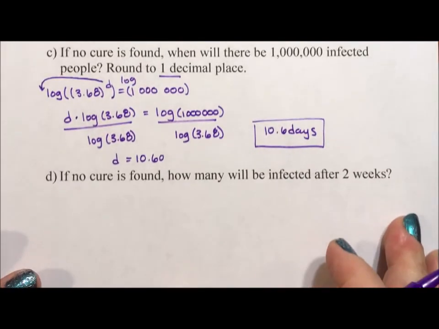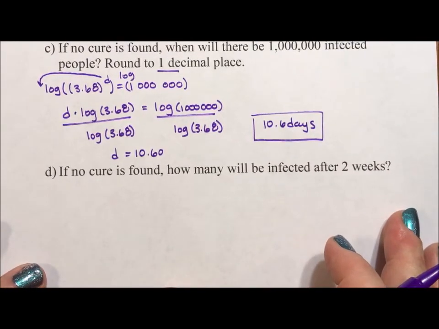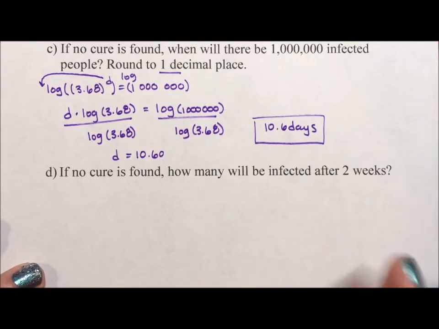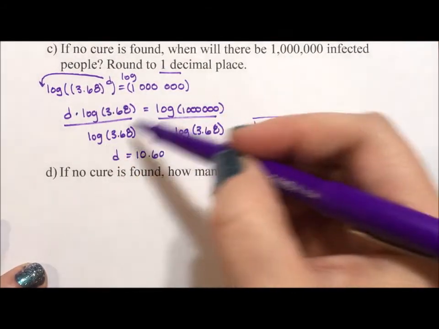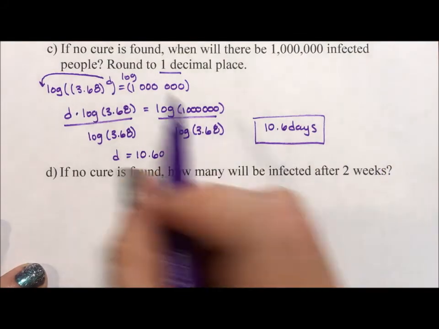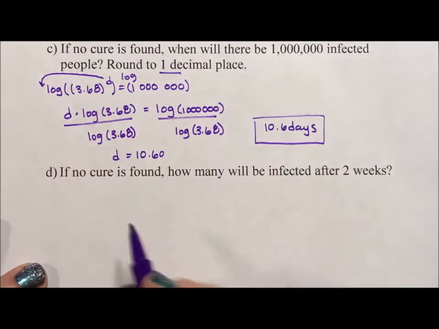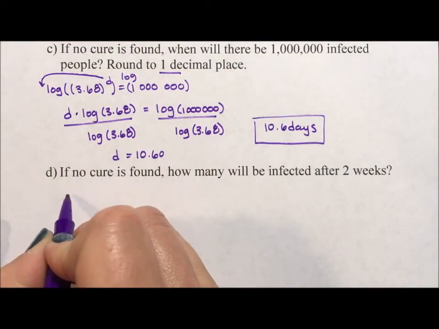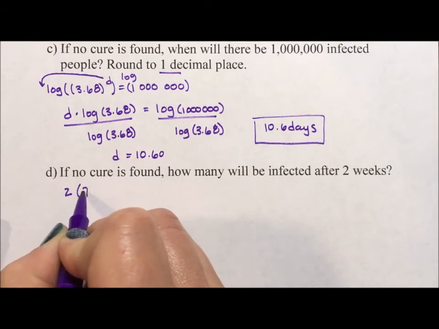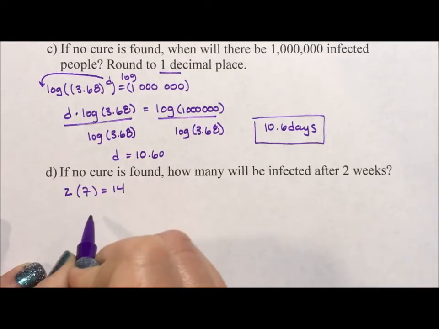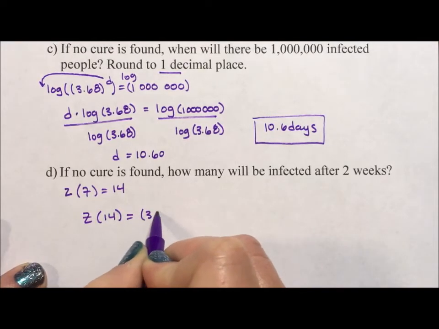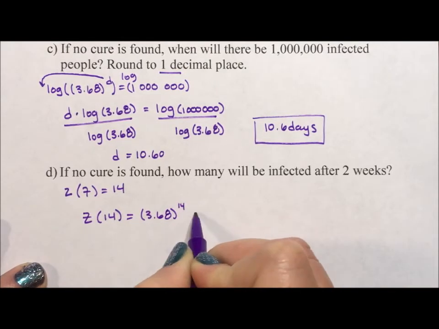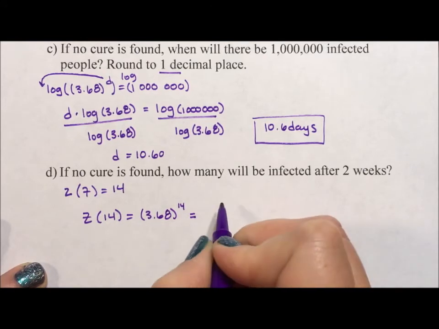Okay, last but definitely not least, it says if no cure is found, how many will be infected after 2 weeks? We're just going to come back up to what we did up here with 7 days. So 2 weeks is 2 times 7 is 14 days. So the number of people after 14 days infected is 3.68 to the 14, which is going to be